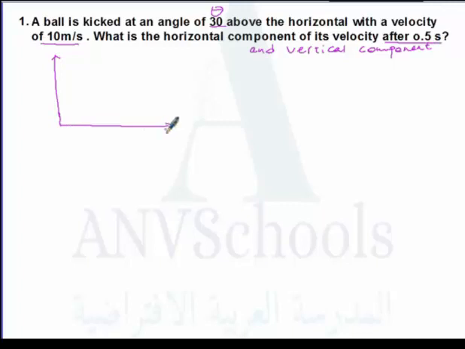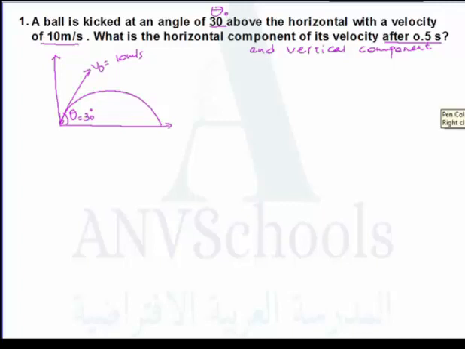Now, this ball is projected at an angle of 30 degrees. There is a ball here. This ball is projected, and it will just follow a trajectory, and it's projected at an initial velocity v0, which is given by 10 meters per second. And this is the angle of projectile theta, which is 30 degrees above the horizontal. So we are asked to find the value of